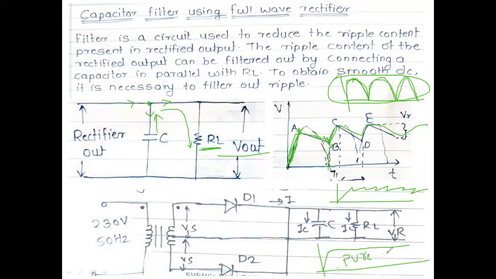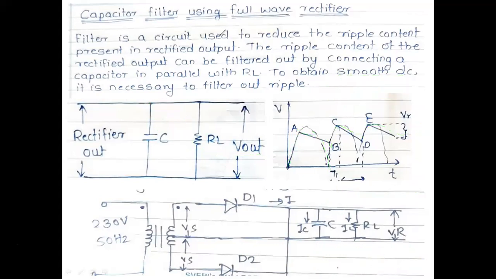Comparing with this, which one is similar here now? With a capacitor filter or without any capacitor filter? With the capacitor filter, it is a little bit near to the pure DC value here now. So the full wave rectifier output we have taken directly, only for the simplification of the explanation.